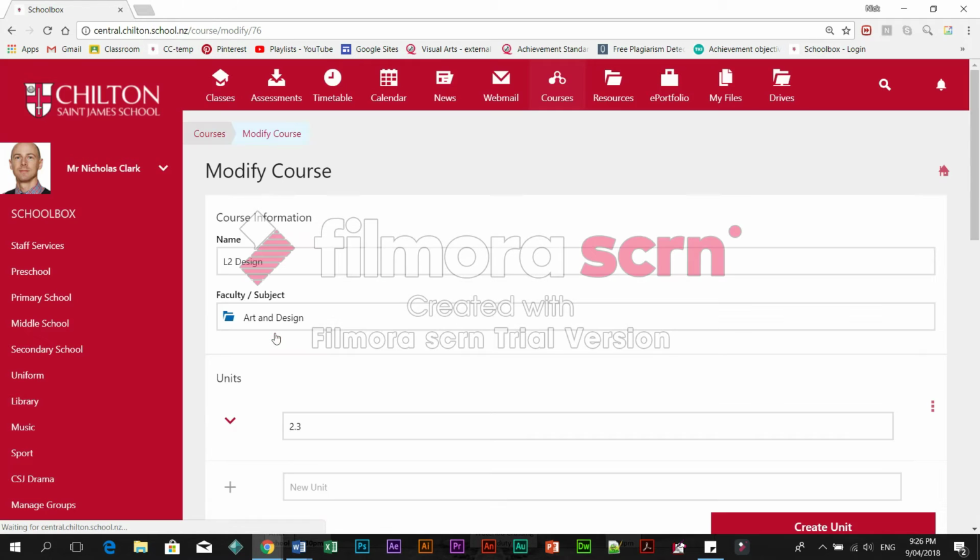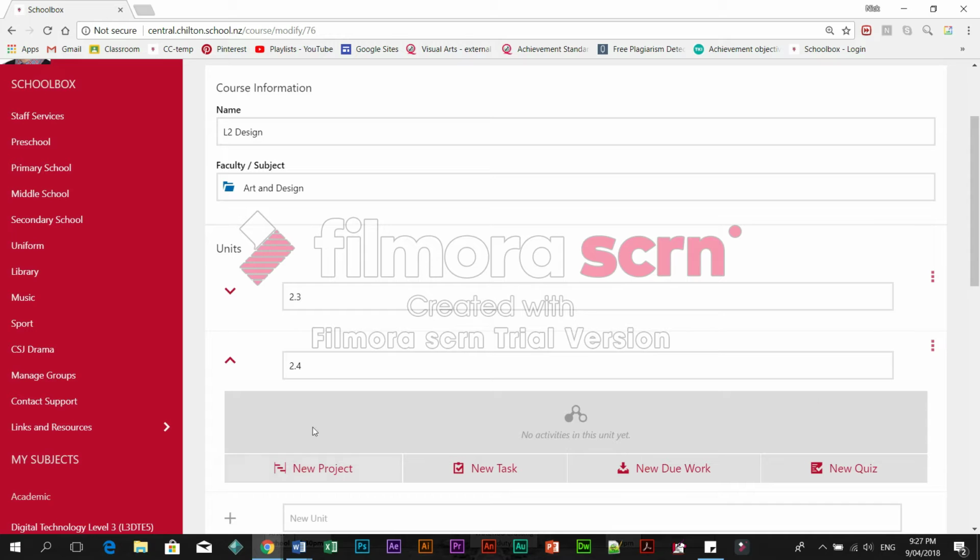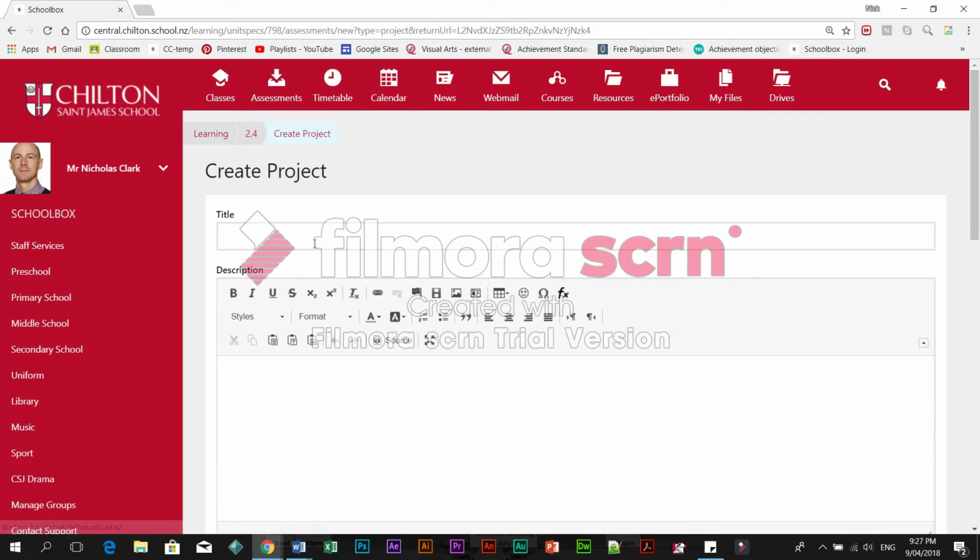Level 2 Design. I'm going to select that, and I've already started a unit, but there's usually a thing called starter. So we're going to get rid of starter. If you want to, you can just delete the unit, or we can make a totally new unit. So I'm going to make a new one with you now, which will be 2.4, which is actually the external. It doesn't matter. So 2.4, and I'm going to select new project, and inside here I can say 2.4 portfolio external for Level 2 Design,